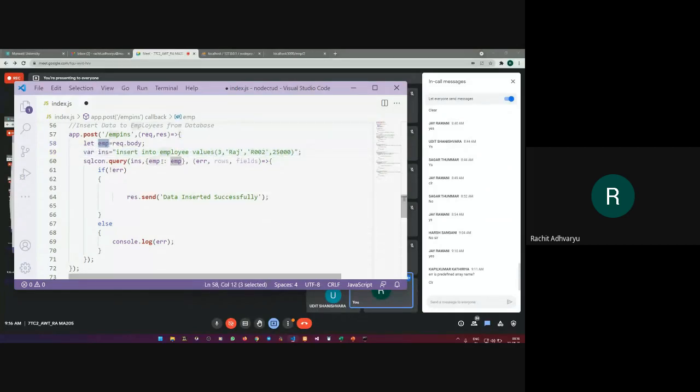So this EMP is the syntax to execute your insert, update, or delete query, your data manipulation language, DML queries. So this is going to be executed on this particular row and fields. I'm going to insert this data as a new row for all these fields. And if there is no error, I'm going to say data inserted successfully. Otherwise, print the errors. So this query is now considered as a single variable called EMP.